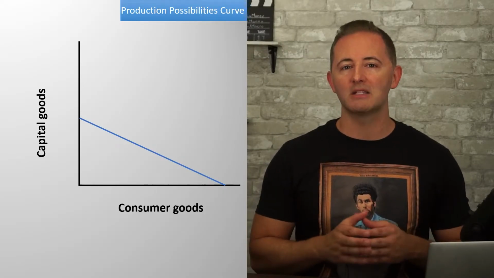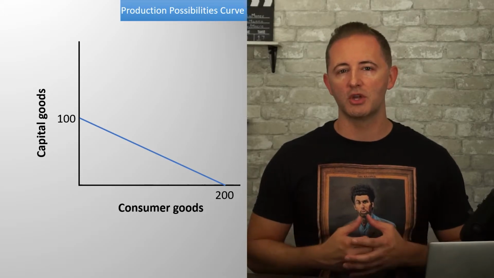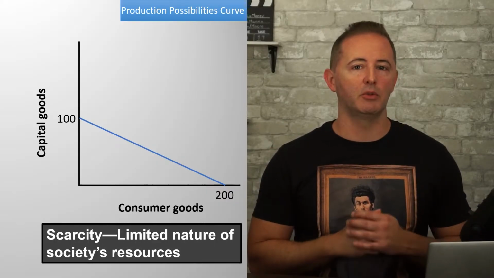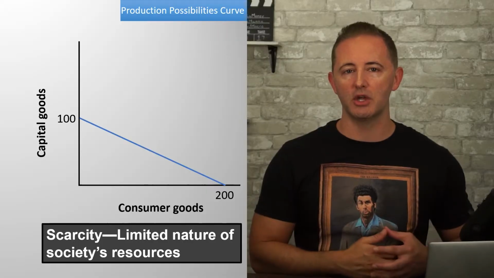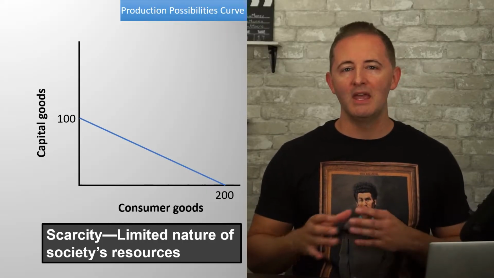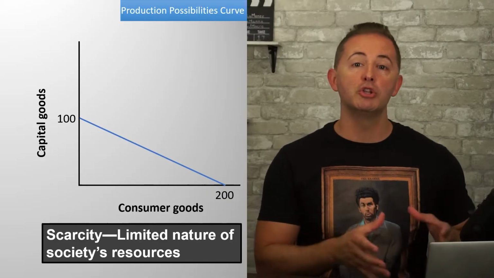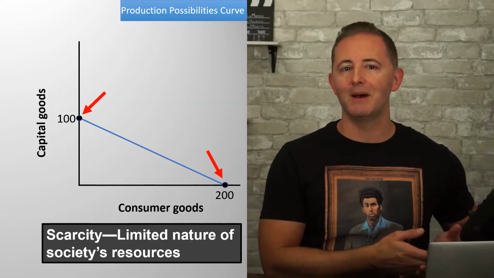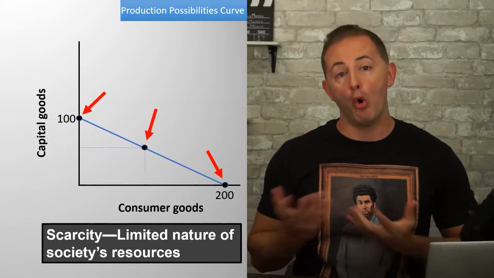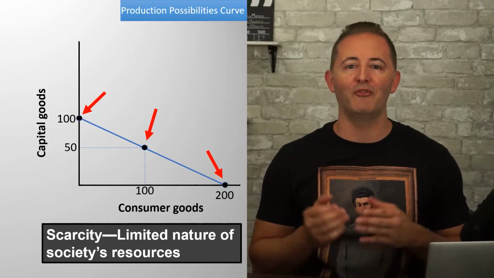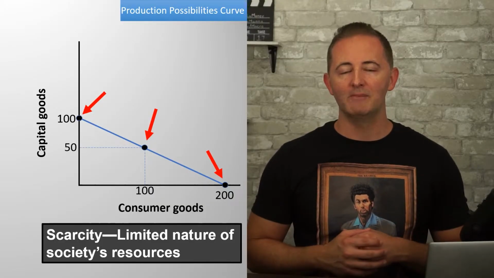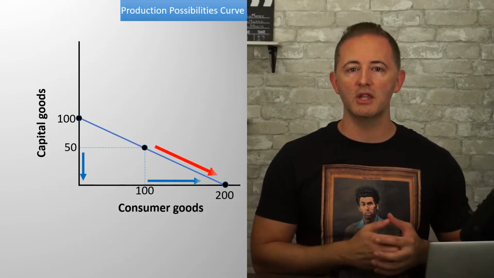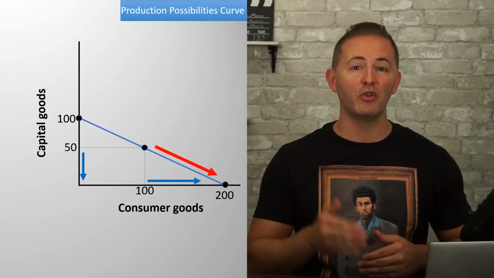Notice they can produce at maximum 100 capital goods or 200 consumer goods, but nothing more. The PPC highlights scarcity because it's not possible to produce an infinite amount of capital and consumer goods. So choices have to be made. If they maximize capital production, they can make 100 capital goods and 0 consumer goods. Or they can use all their resources producing consumer goods, but then they'll be making 0 capital goods. Or they can produce some combination in between, like 50 capital and 100 consumer goods. And that's trade-offs, right? If they're operating on the PPC and want to produce more consumer goods, the only way to do so is to produce fewer capital goods.